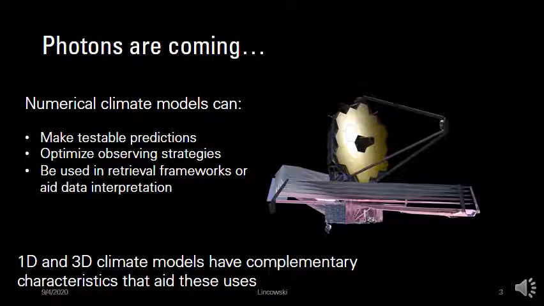I think an important consideration for our modeling efforts is to consider that photons are coming. We actually have telescopes launching and being built this decade that will be able to observe potentially habitable environments in the habitable zones of their host stars, particularly around M-dwarf stars. Our numerical climate models can assist this in a number of ways, some of which we've been working on for a number of years. We've long been making testable predictions that we can now assess with James Webb and other